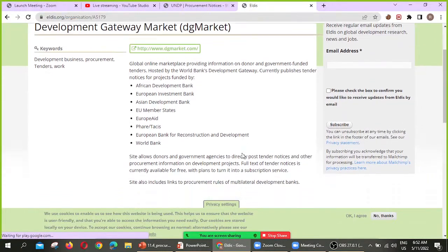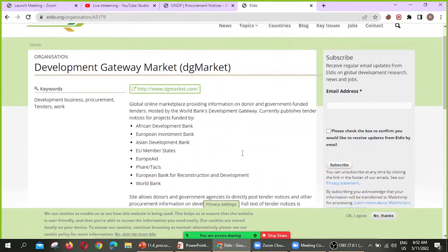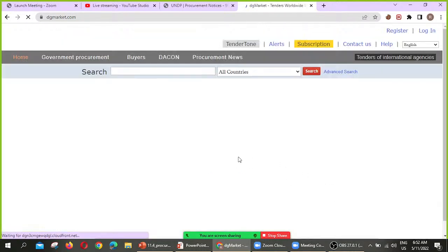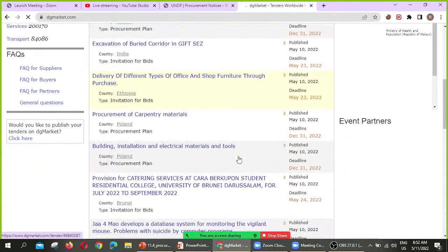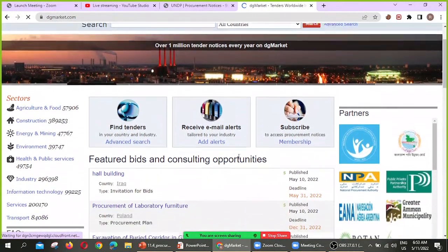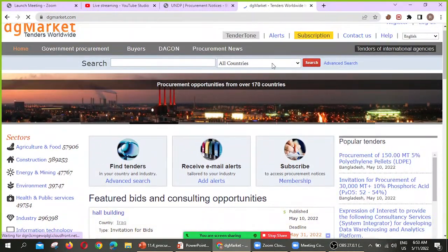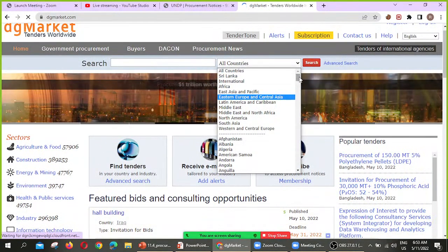Here also you can find some tenders. There are so many tenders, and we will check for our country.